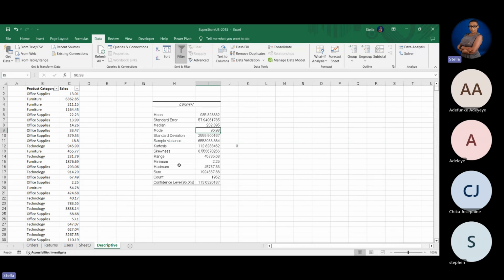And see what can be done to normalize something like this, or what lessons or decisions the business can make out of this. Okay, so let's continue. We have kurtosis, we've explained skewness, we'll look at it in a graph. Then we have range. Range is the difference between our maximum and minimum value, right? Do you remember? Look at it here. The minimum is 2.25, the least value here, obviously this point here, and then the maximum